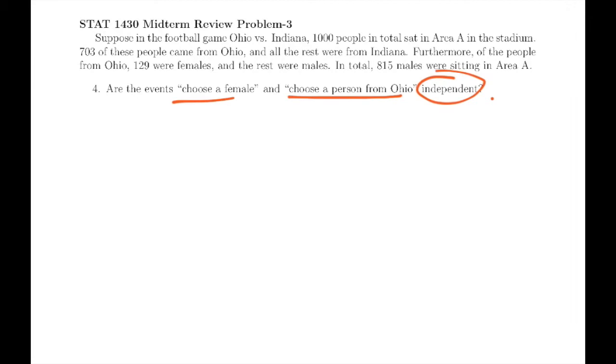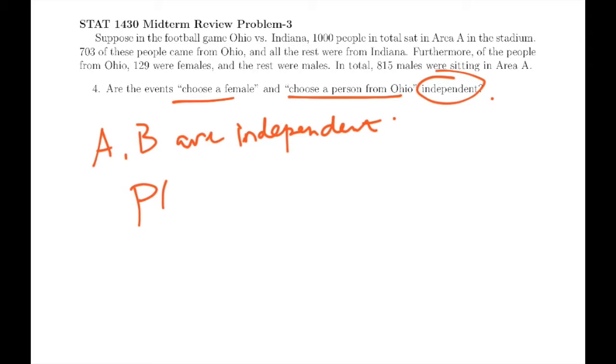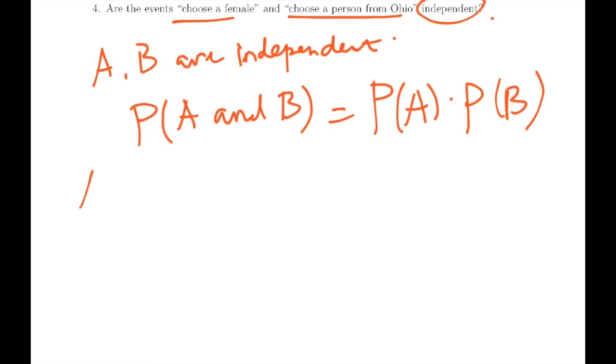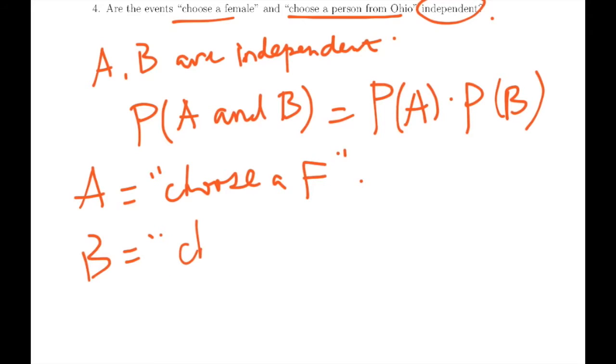So if two events, say A and B, are independent, that means the probability of A and B is equal to the probability of A times the probability of B. And so here we can let A be the event of choosing a female, and let B be the event of choosing a person from Ohio. Okay, choose an Ohio person. Alright,